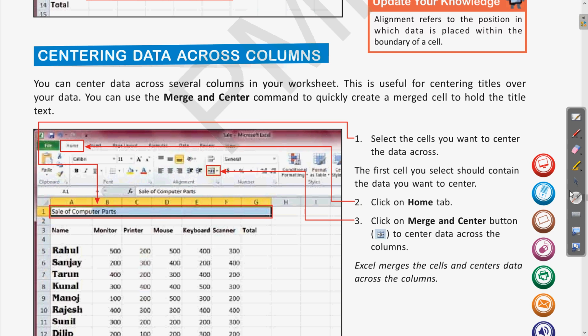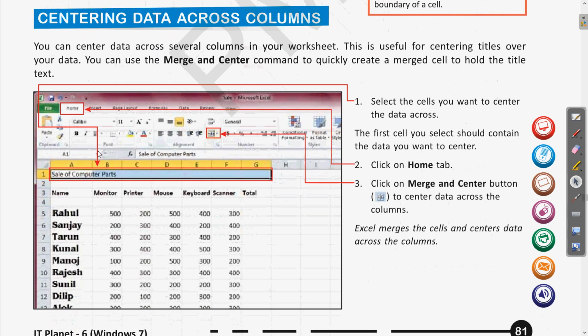We would like this heading to appear in the middle of all these columns where the data is written. Clear? So this is our requirement, and this will look better as well. This is called centering data across columns.